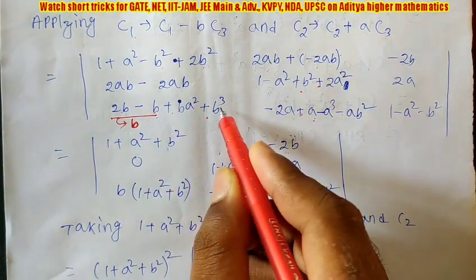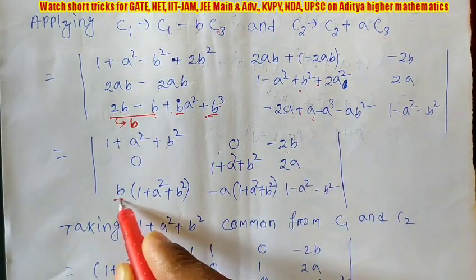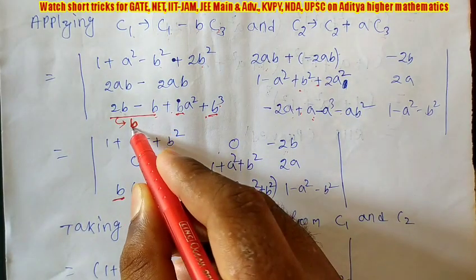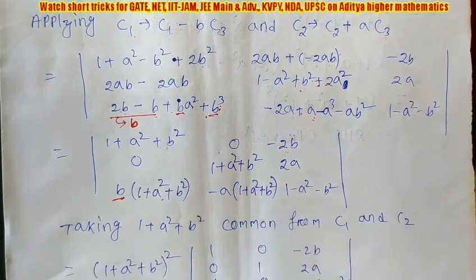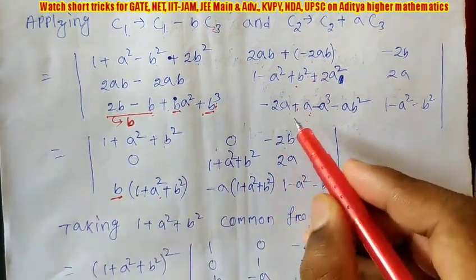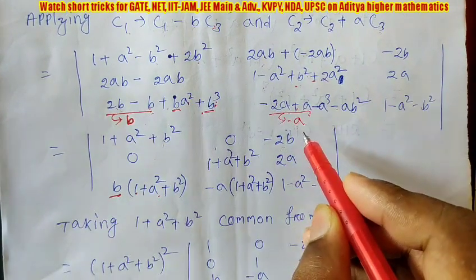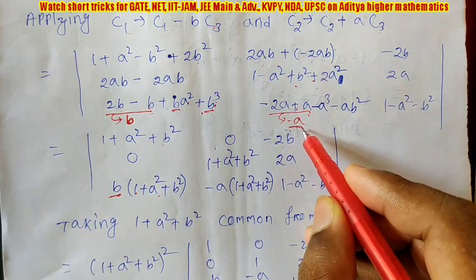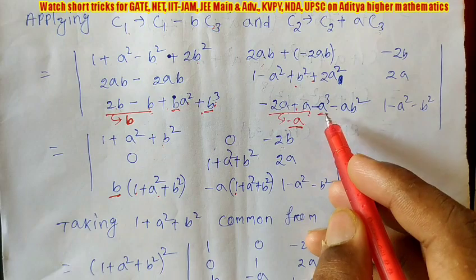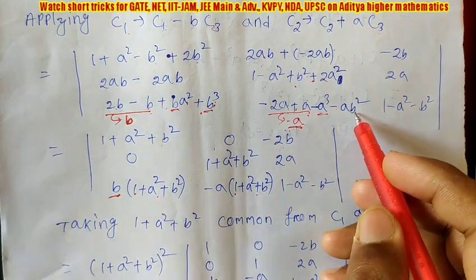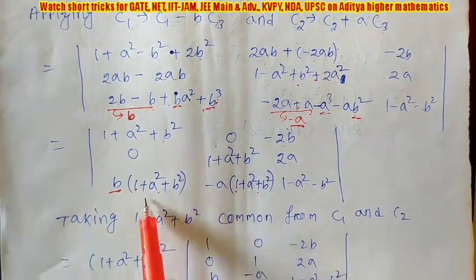Then in all the three elements you can see b is common, because here also b is given. So I'm taking b common. So when you take b common from b, you will get 1. This is a square, and bq, you will get b square. Okay. Here also we are doing the same thing. A minus 2a is minus a. Now take minus a common. So when we are taking minus a common, it is 1. And from minus aq, if you are taking minus a common, it is plus a square. Here you will get plus b square. Okay. So you got this step.